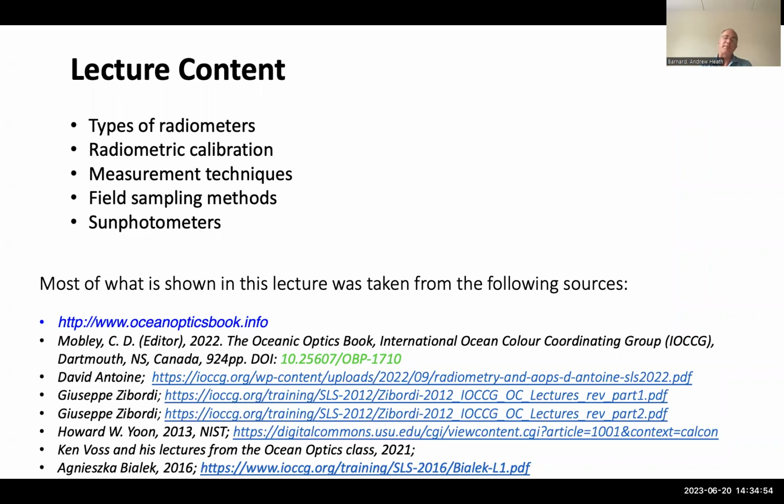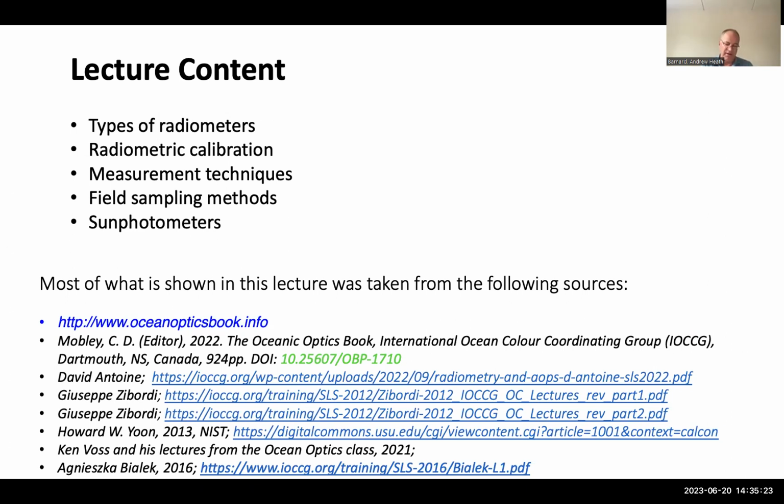We talk about the types of radiometers, give you a little more examples on these and break them down to a different characteristic spectrally. We haven't talked too much about that. I did think it is important to go over how radiometers are calibrated. There are some uncertainties there to be aware of and just keep in mind. So I'm going to cover that, some measurement techniques, a brief view, spin through some field sampling methods, and then